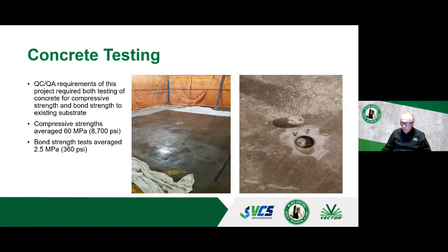Bond tests are a great way to ensure the overlay is securely bonded to the substrate. The bond test is a direct tensile pull-off test in accordance with ASTM C1583, which is the test method for tensile strength of concrete surfaces and bond strength or tensile strength of concrete repair or overlay materials. So it's a good system. You basically drill right through the topping, glue on a dolly. We'll get into this,